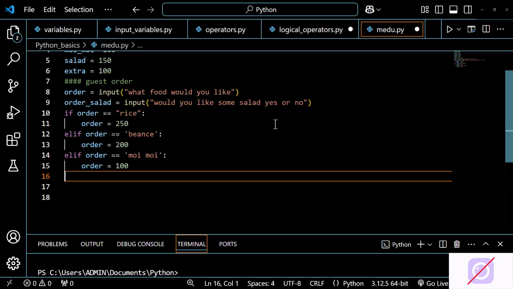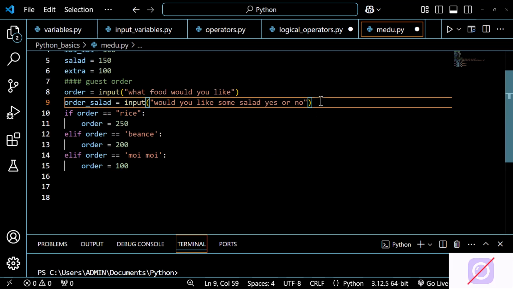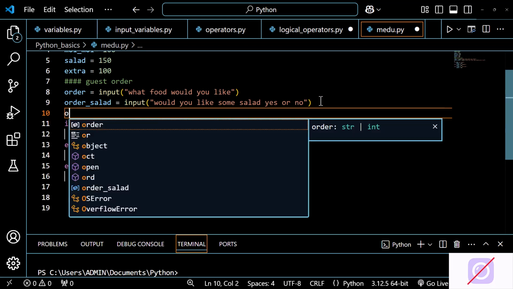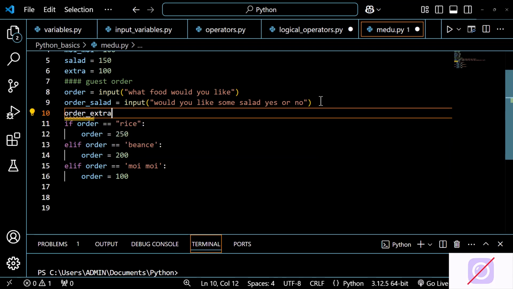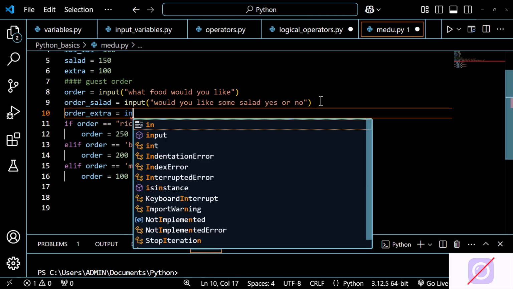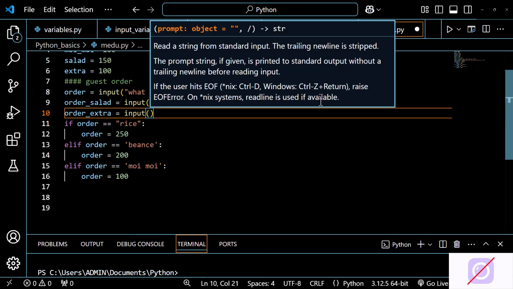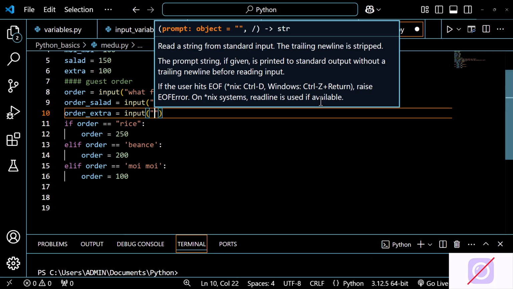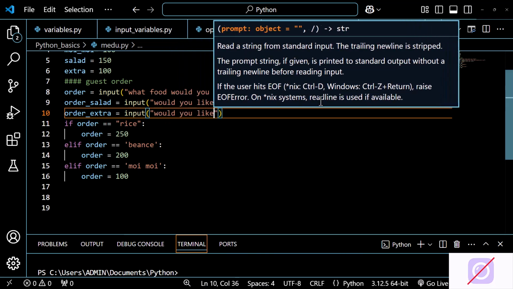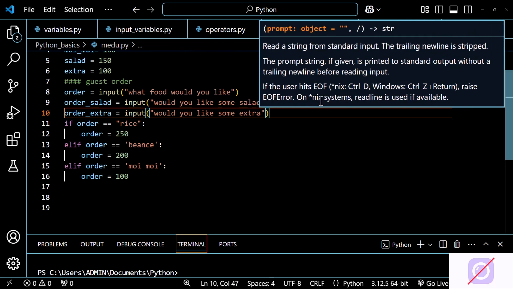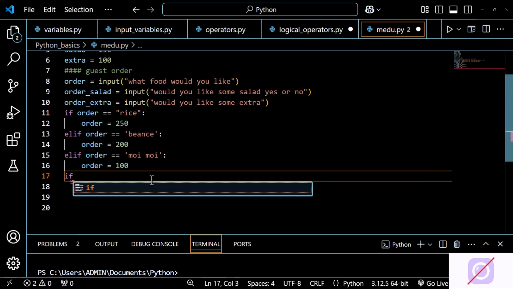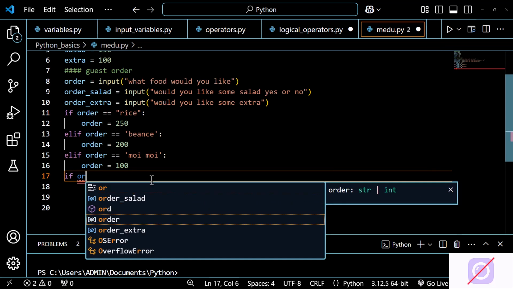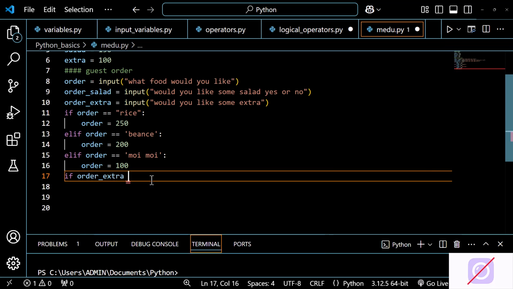Then one thing we are skipping here, we do not ask them if they will need an extra. So we'll create a variable called order underscore extra, and that will be equal to an input that will ask the user, would you like some extra? Then down here, we'll start a new if statement and say if order extra is the same as the string yes,